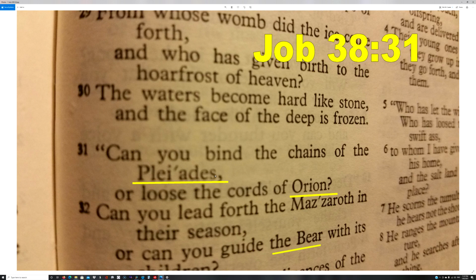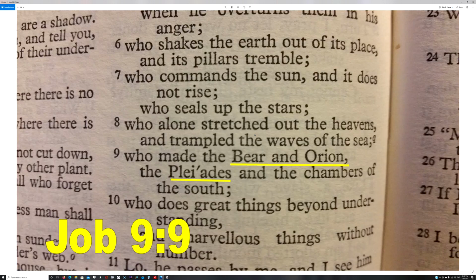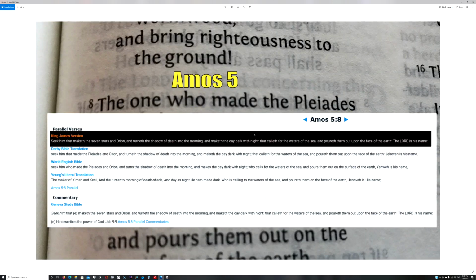But again, Job 38:31: Pleiades, Orion, and the bear. When you go to the King James translation, they name the Pleiades as the seven stars, and you can compare with other versions for Pleiades and Orion. The Geneva Study Bible: maketh the seven stars and Orion. King James Bible: seek him that maketh the seven stars and Orion. So seven, almost certainly, at least the stronger case would have to be for the